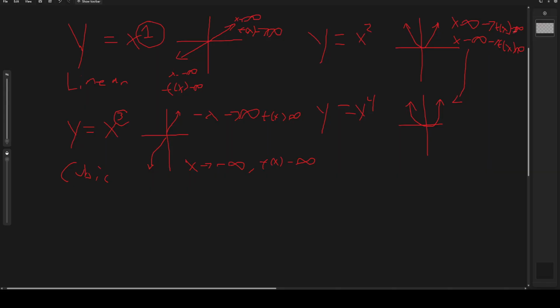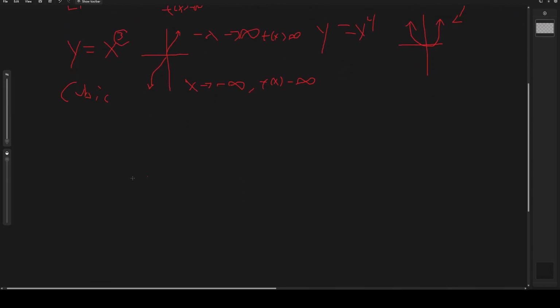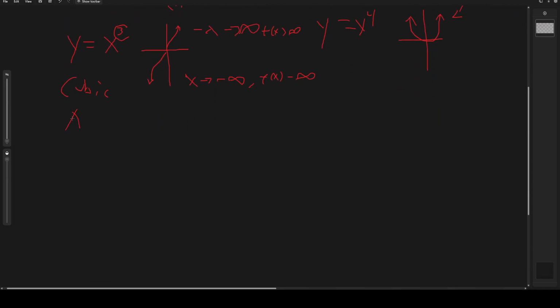So this end behavior is going to be the same: as x goes to infinity, f(x) goes to infinity, and as x goes to negative infinity, f(x) goes to infinity. So now let me just write this down. So all odd functions,